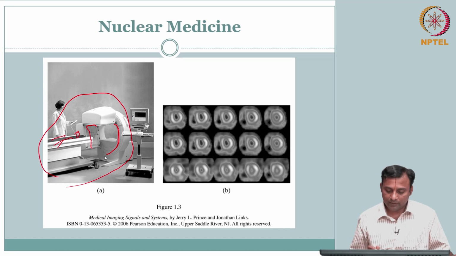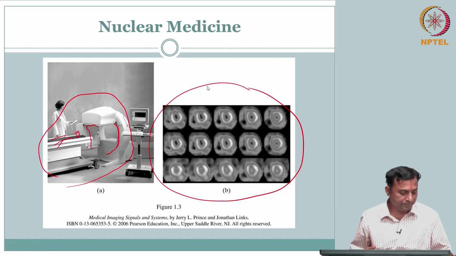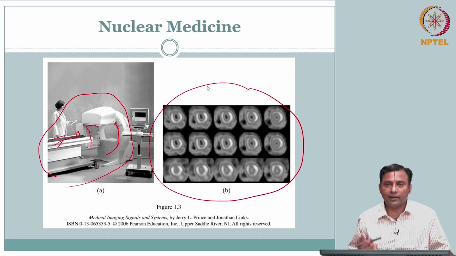Otherwise, of course this is not a color image, but you may want to recall the PET brain scan that I showed. Typically that is how you get it. It will be a color coded image, the color correlating with some functional activity.